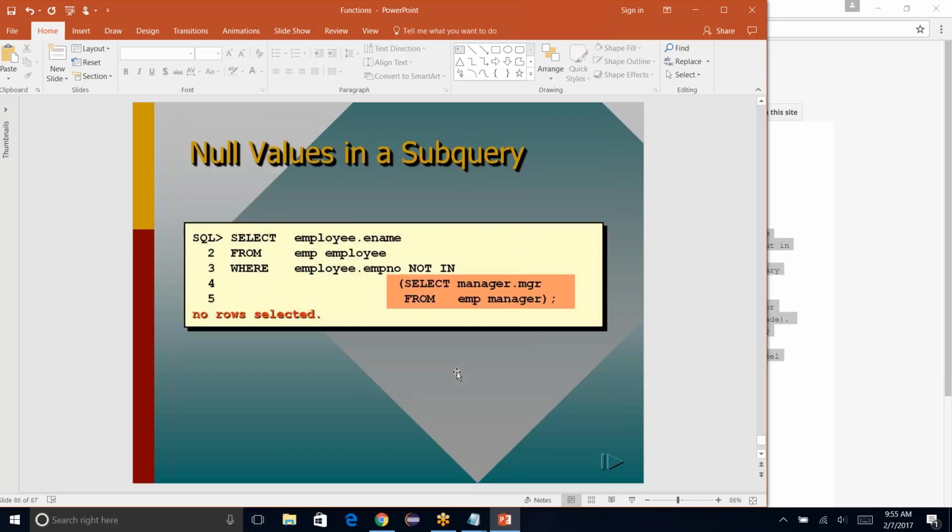And we get some results like that. If we end up with a null value in a subquery, then the outer query does not return any results at all. So